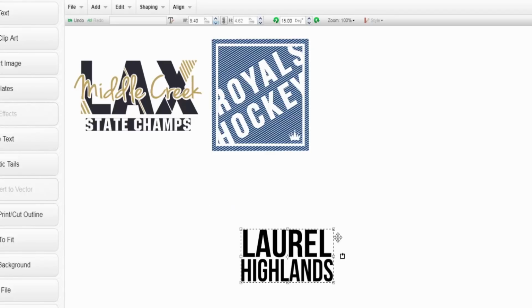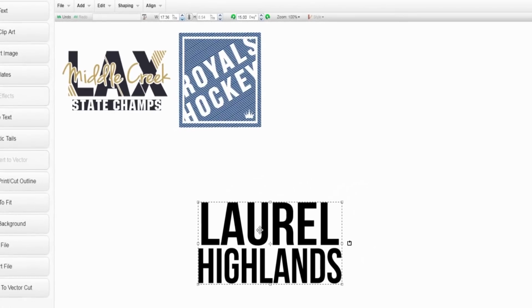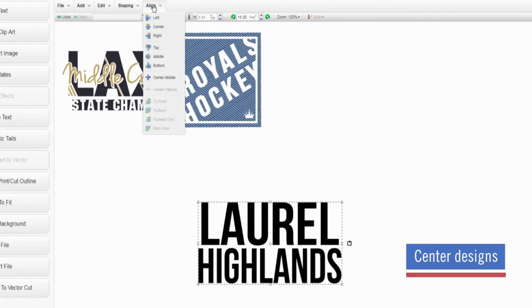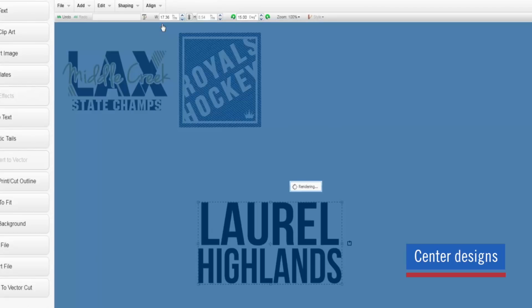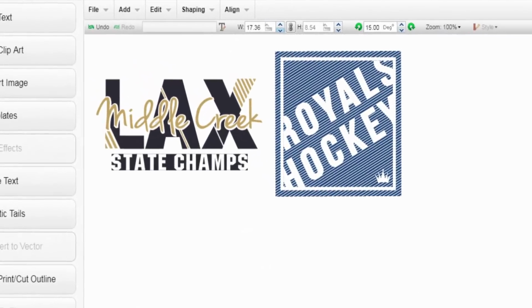All right, so I'm going to highlight my text and make it a little bit larger so that I have more room to work with here. The next part I'm going to do is center my text so that they are lining up accurately with each other. All right, so now it comes to adding the perforation, such as the lines that you're seeing up here